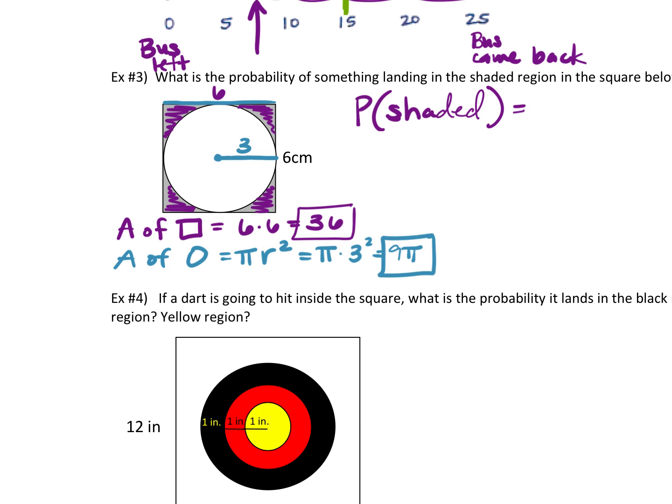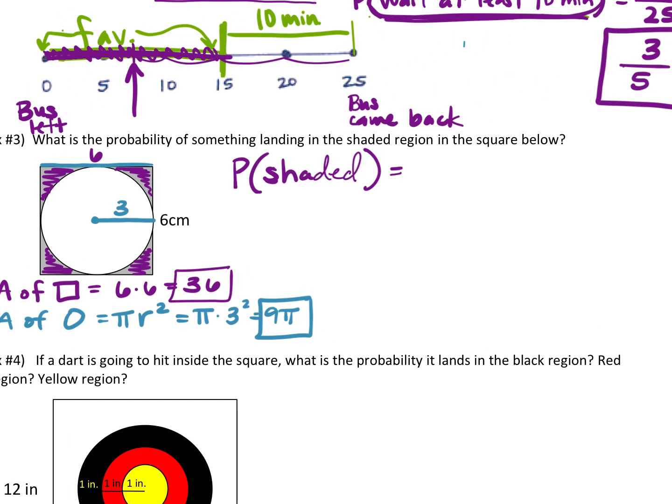Okay, so you found the area of two figures. The circle is 9 pi. But now you have to think about, how do I find my favorable over the total possible? So the probability that we land in the shaded section,